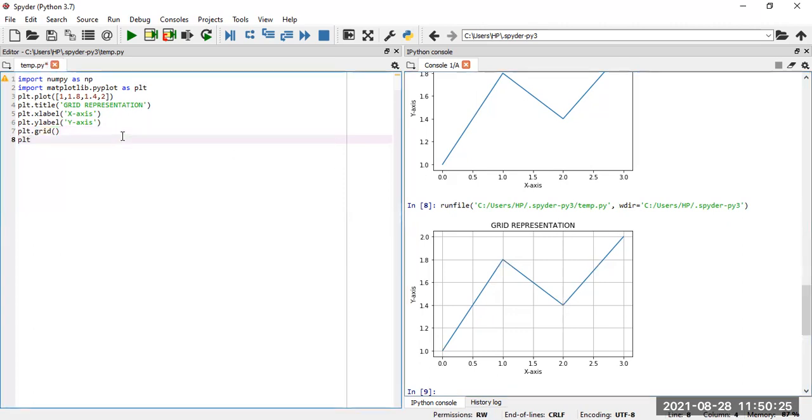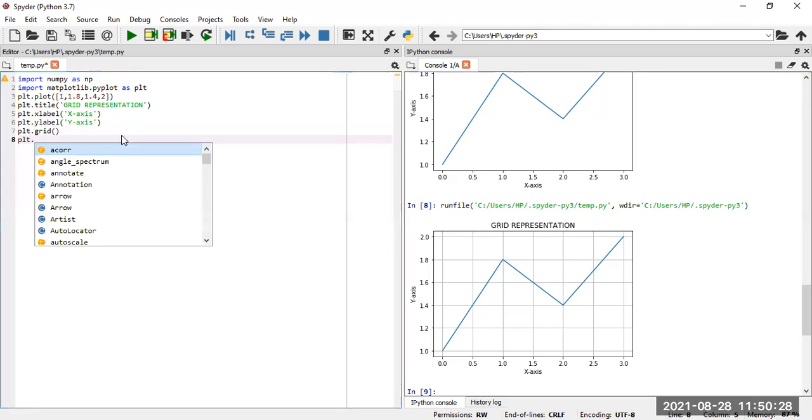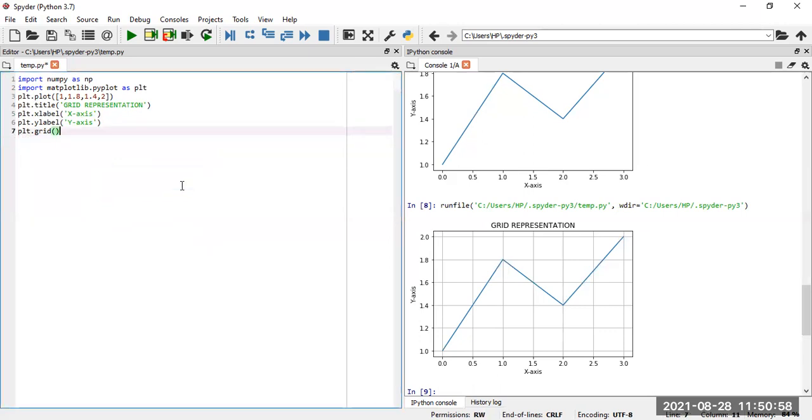If I just write plt dot, we can see how many sub packages are present under this plot. There are a huge number of sub packages present. Whatever sub package I am trying to write, you just need to import it. That's why Python is called rich in libraries. Everything is already defined, we just need to be sure of what we are trying to make and what we try to put. So that's the value, all the things are measured here.